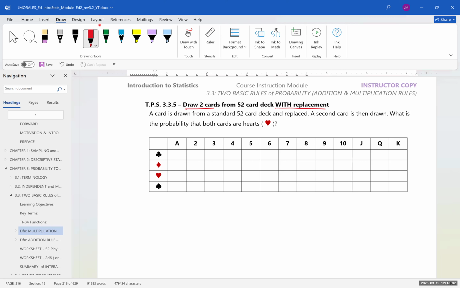So, we can define event E to be the first heart. And then the second event, event F, is to be the second heart. And this problem says that we've got replacement. So this is with replacement. So that's going to imply that these two events are